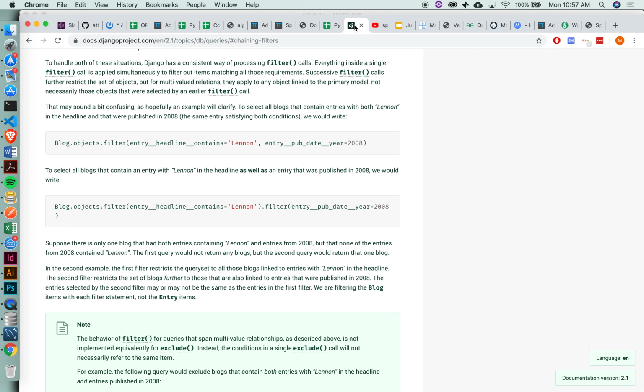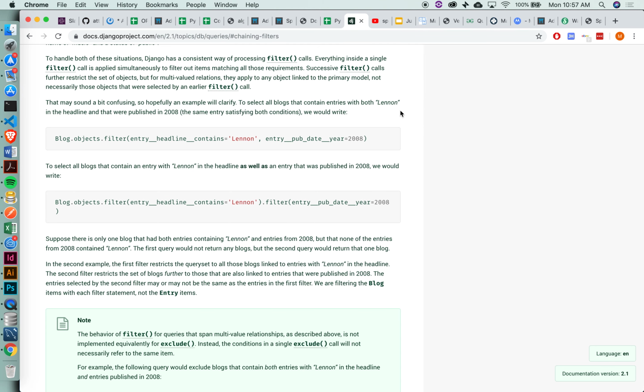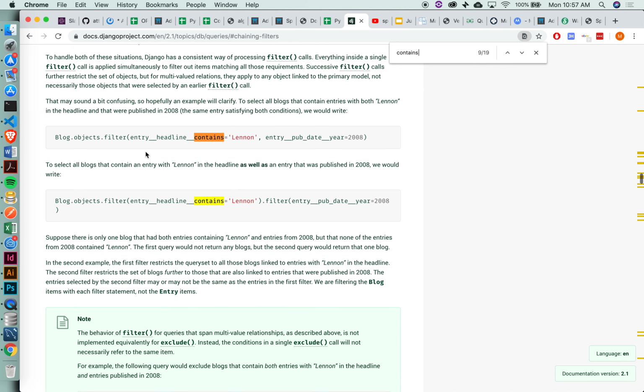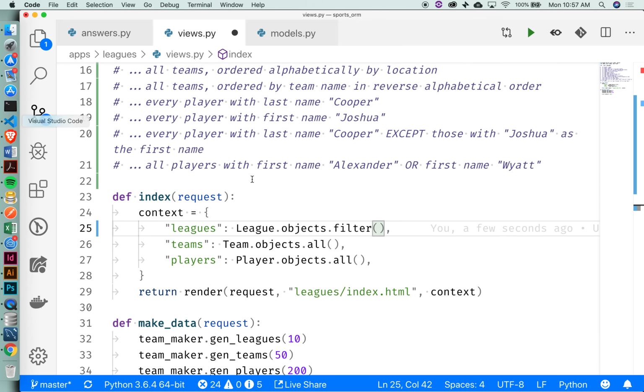Django has all of these built-in methods. Let me pull up contains. So here we can say that if something contains that string, then our filter will return that particular item. All right. So back here, we're saying,